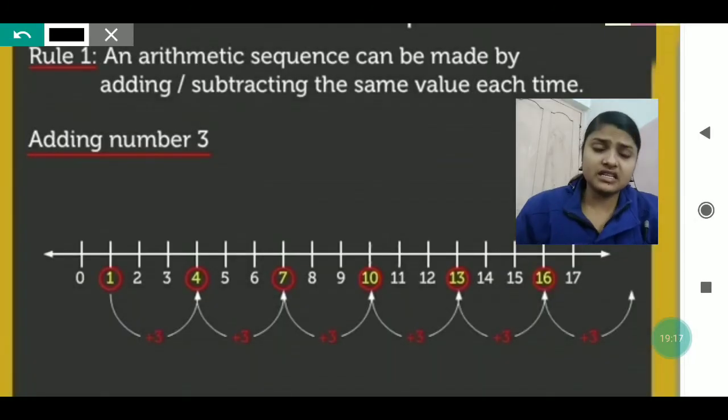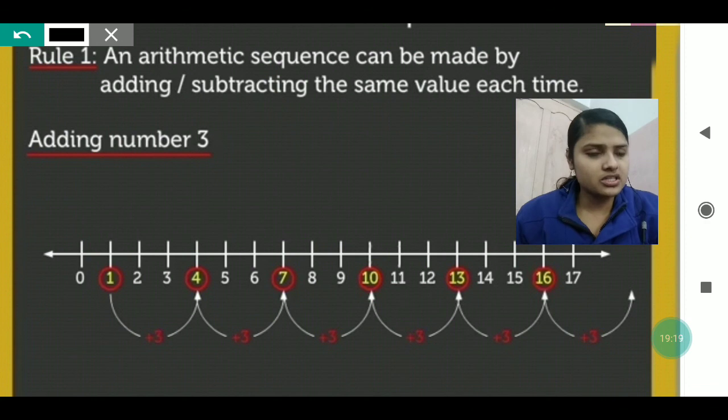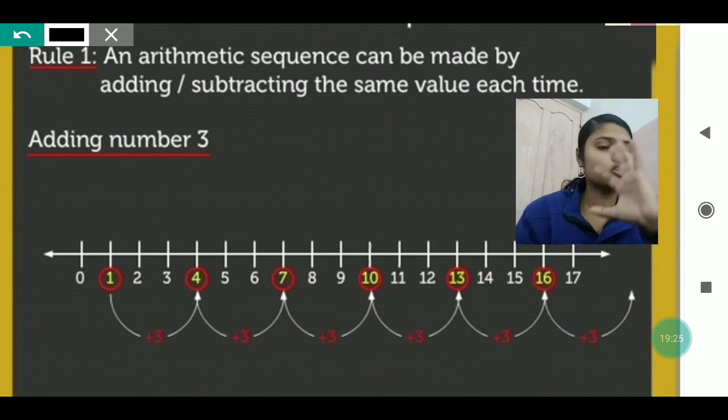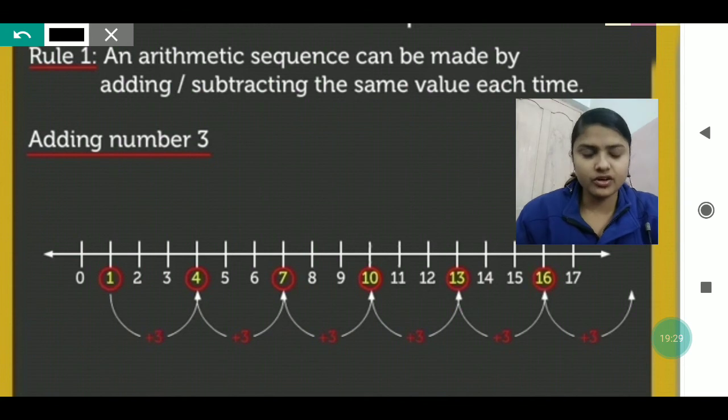In your book, in this test paper, some of the questions are given with patterns also. I have already said this test paper is a mixture of all the chapters which we have completed after test paper 3. This pattern chapter was also given in, I think, chapter number 14. So that is why this pattern is also coming in this test paper.